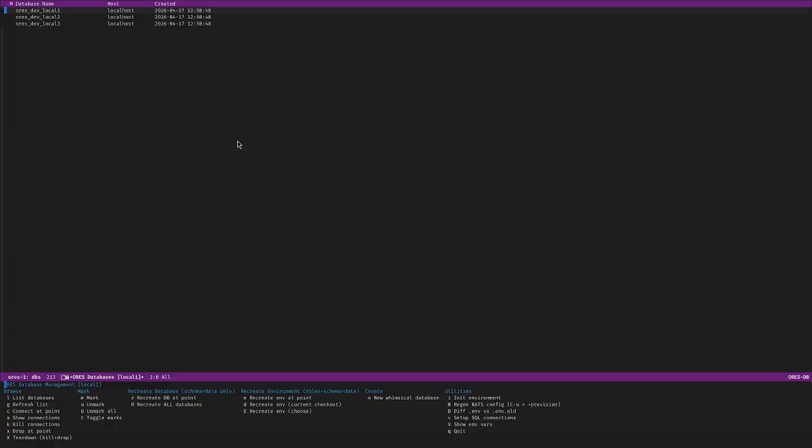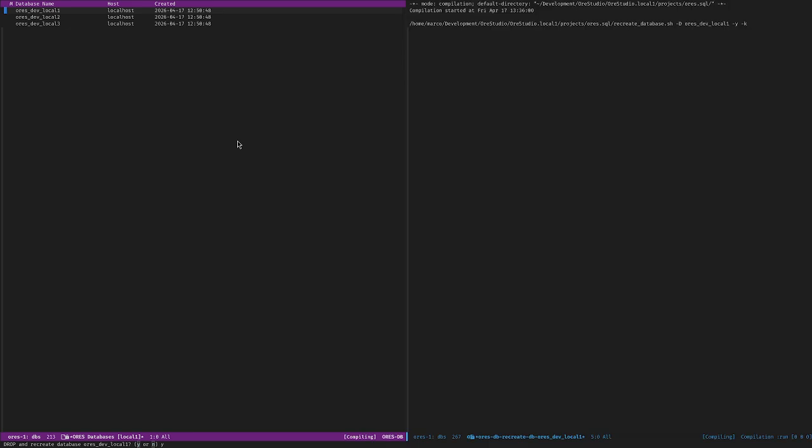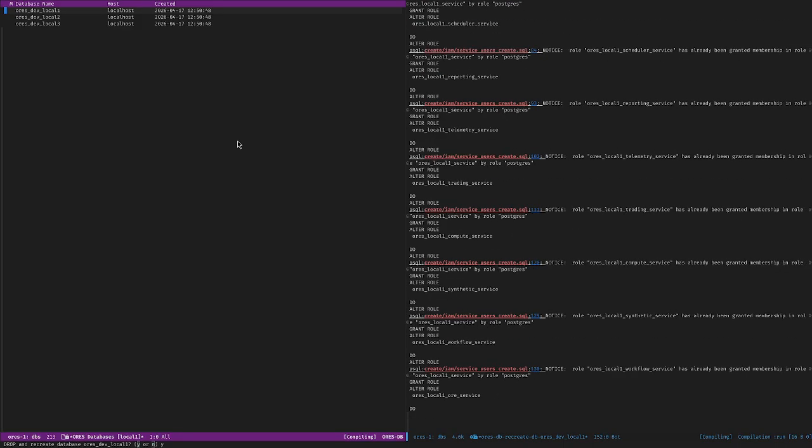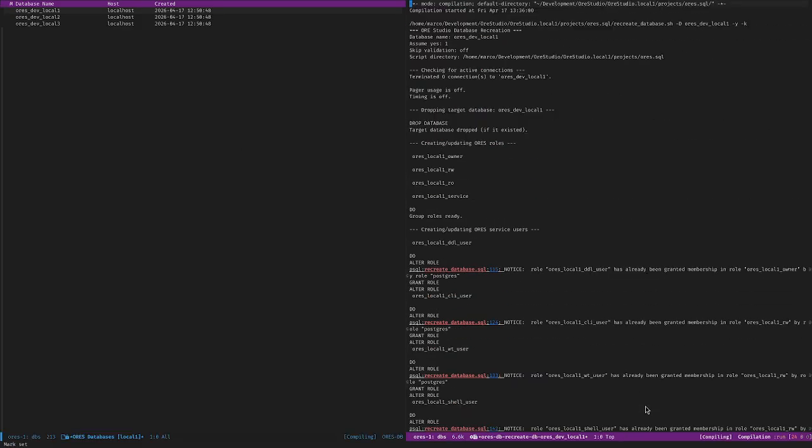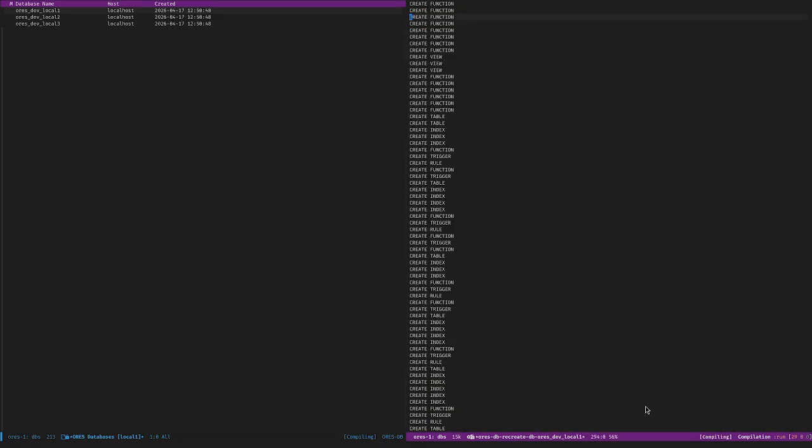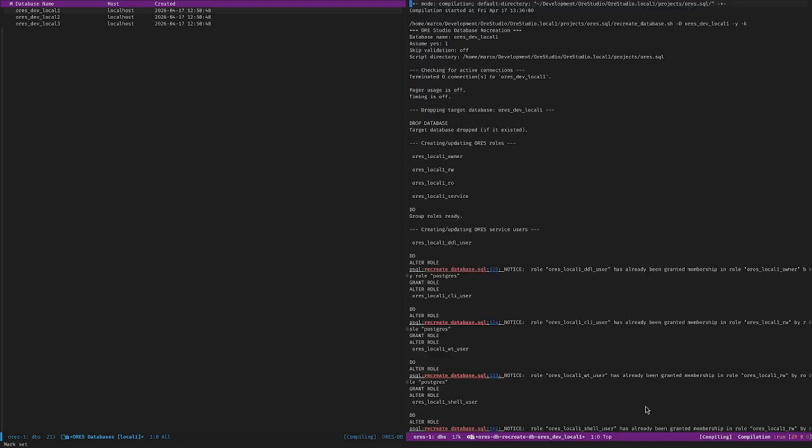The other things you can do here is you can recreate the database. So I'm just going to recreate this database. This takes a little while, so I'll just be talking while this is going on. So this is another shell script which uses the environment. It defaults to the current environment, so it will just create the database, as you can see here, the local one prefix that I mentioned before. It's going to go away. It's going to trash everything and then create everything from scratch. And once that's done, we can